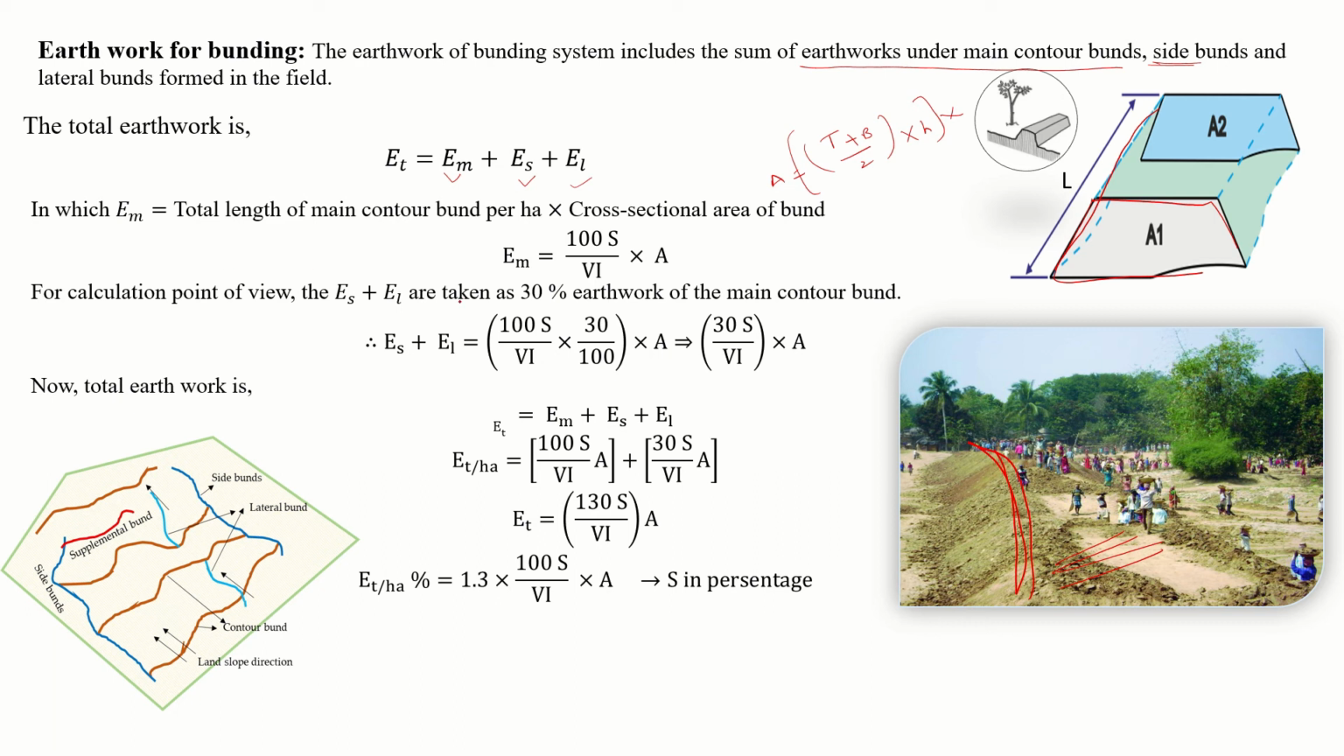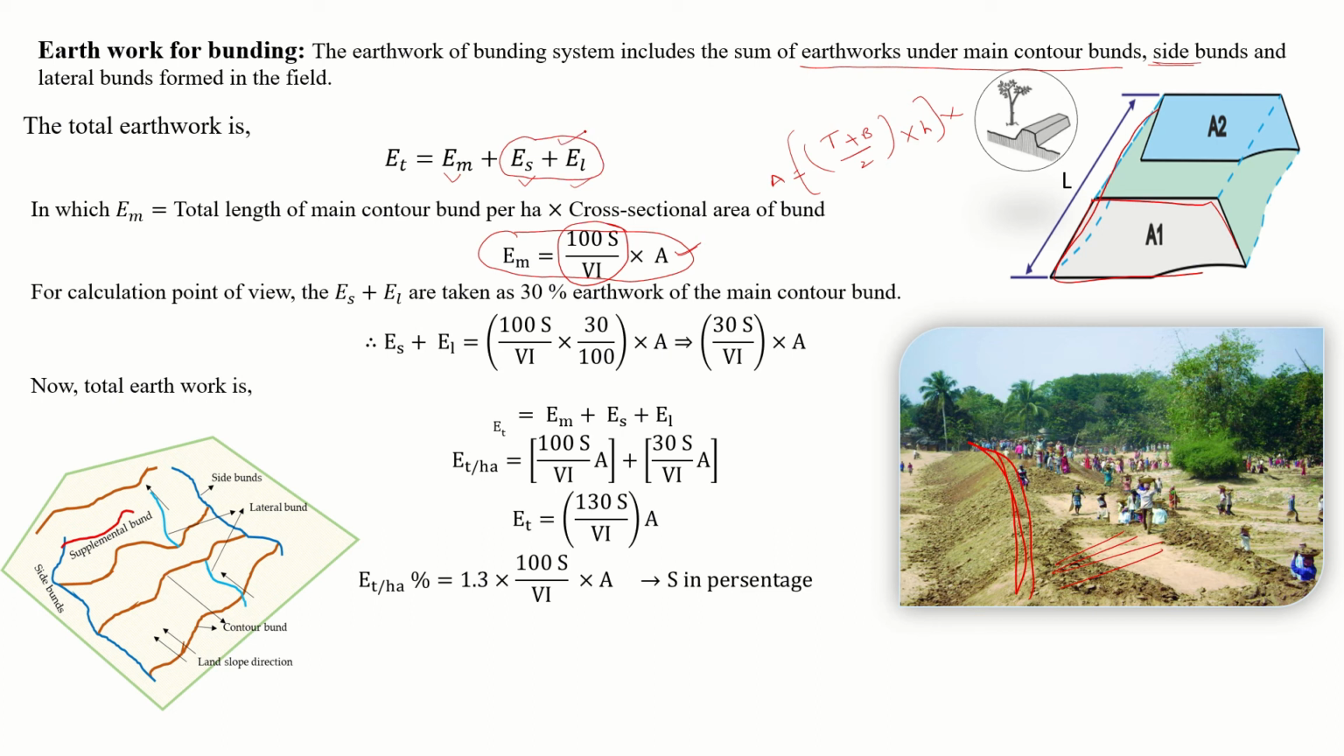Now the earthwork of your main bund we can find simply. That is your length into area. So area is equal to top width plus bottom width by 2 into height. Okay, in a similar way, the earthwork due to the